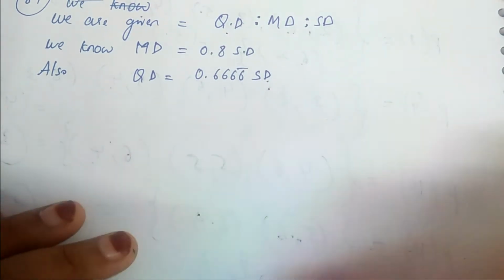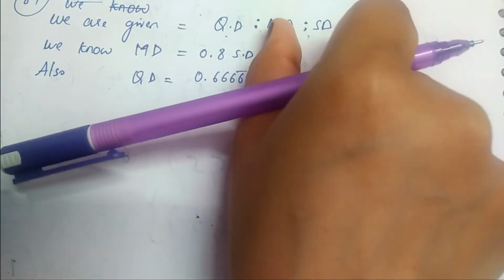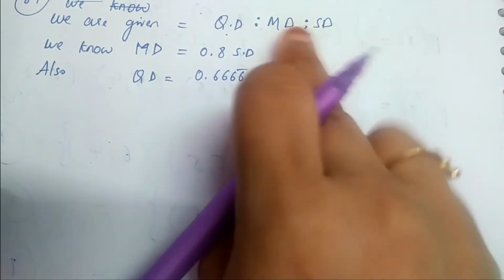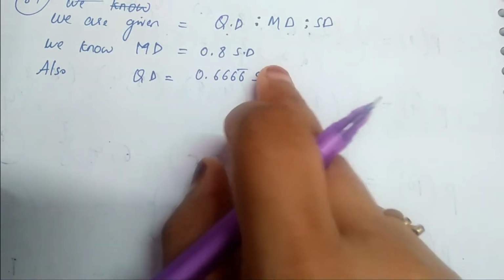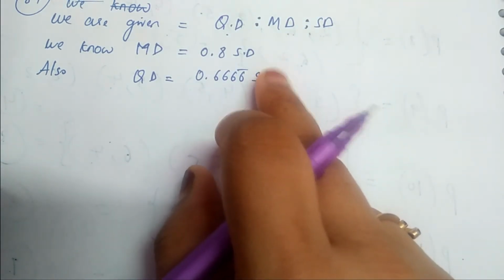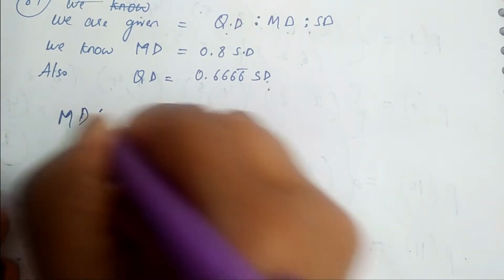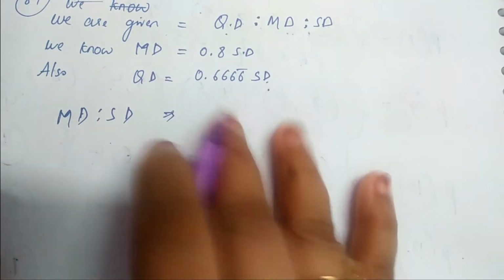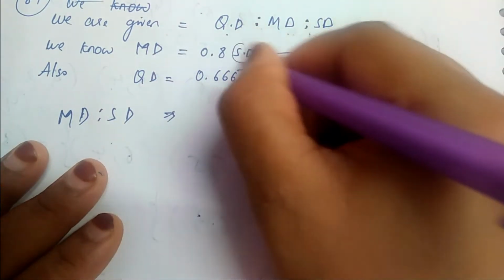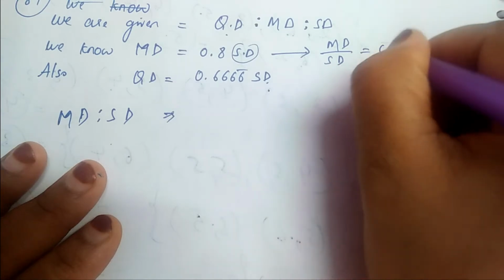Okay, so what we will do, since we are already given the options, we'll check only two ratios, so that once these two ratios match, we will consider that as the correct answer. You can even check the complete ratio, but let's just check the mean deviation to standard deviation. So mean deviation divided by standard deviation is nothing but